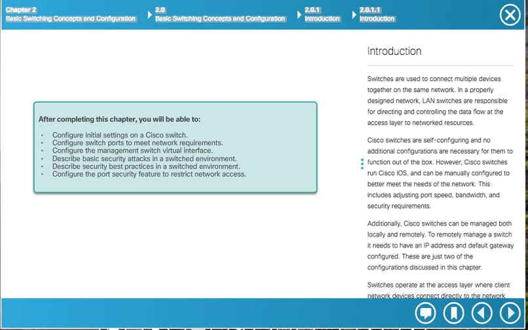Switches are used to connect multiple devices together on the same network. In a properly designed network, LAN switches are responsible for directing and controlling the data flow at the access layer to a network resource. Cisco switches are self-configuring, and no additional configurations are necessary for them to function out of